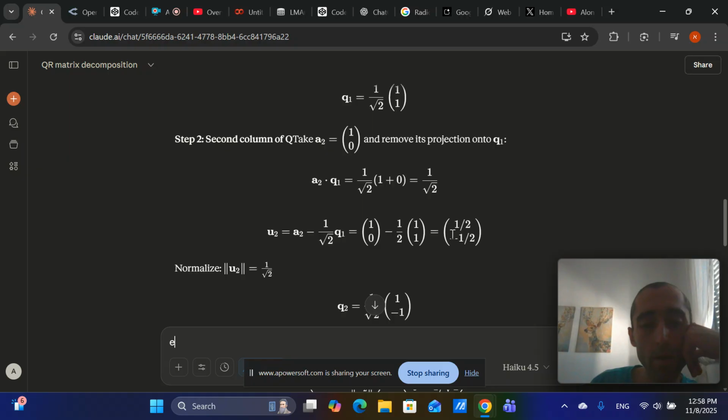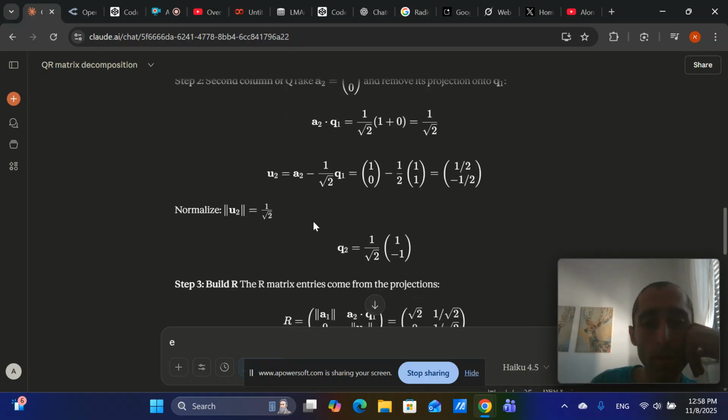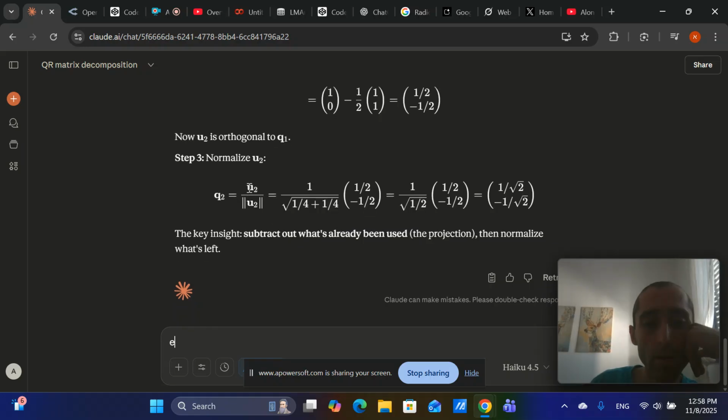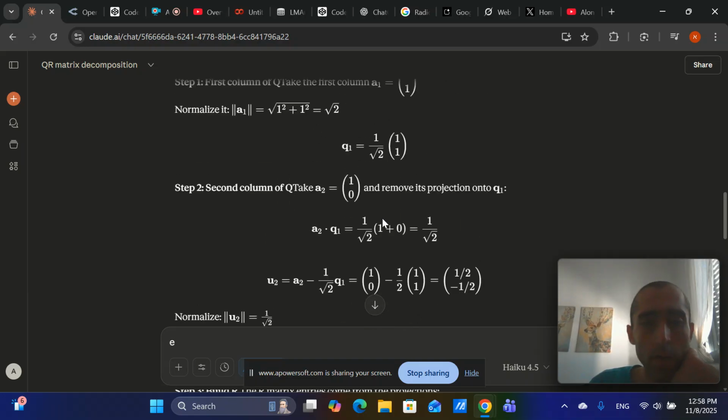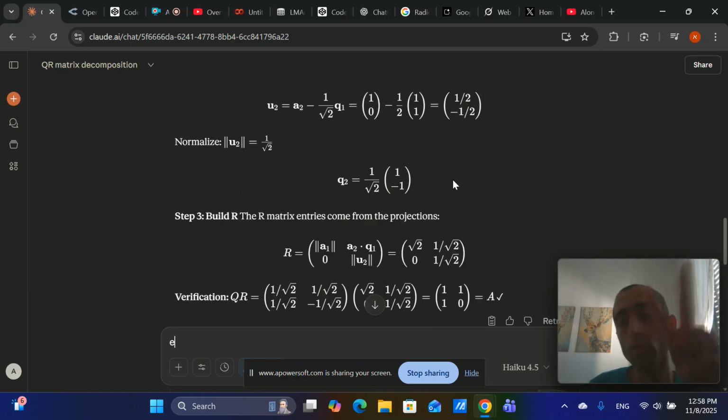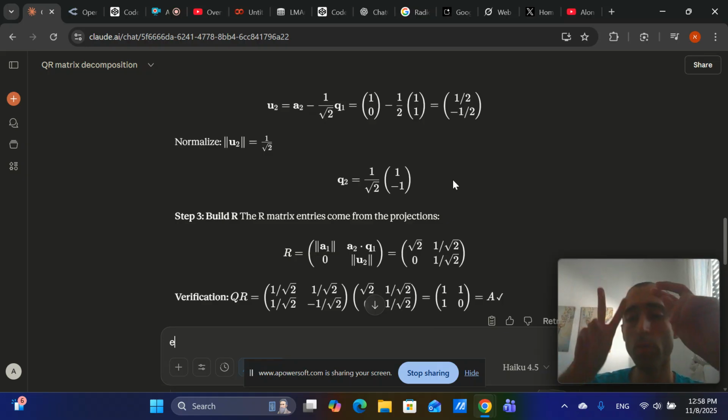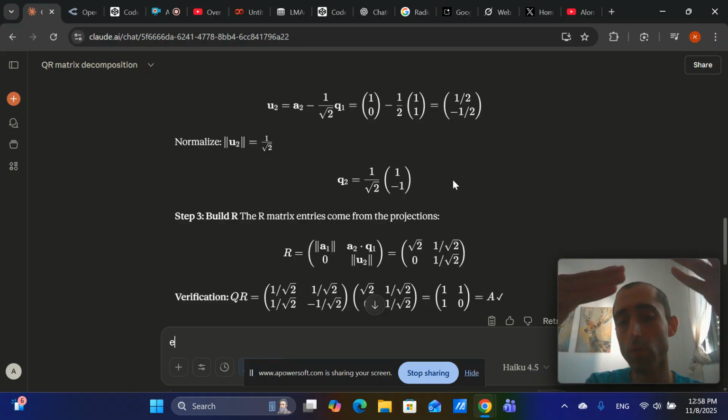Now it's orthogonal, but we want orthonormal, so we need to normalize it. So let's divide by the norm of U2. This is the norm. So we take this and divide by the norm of U2. You can see that Q2 is U2 divided by the norm of U2, which is this calculation. We get 1 divided by square root of 2 and minus 1 divided by square root of 2. So we get this Q2 here. So we have Q1 and Q2. Those two are normalized vectors, which are orthogonal to each other. So they will be the columns of the matrix Q, which will create an orthogonal matrix